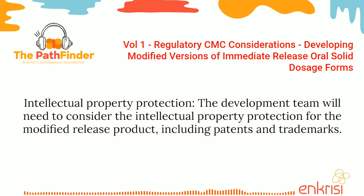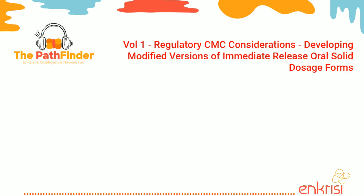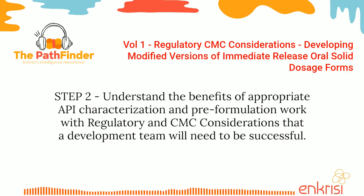Intellectual property protection. The development team will need to consider the intellectual property protection for the modified release product, including patents and trademarks. Step 2. Understand the benefits of appropriate API characterization and pre-formulation work with regulatory and CMC considerations that a development team will